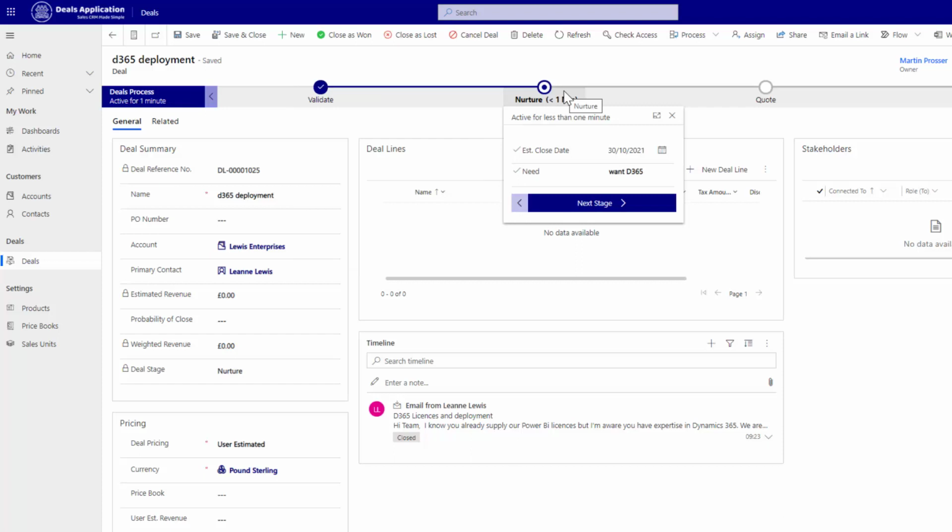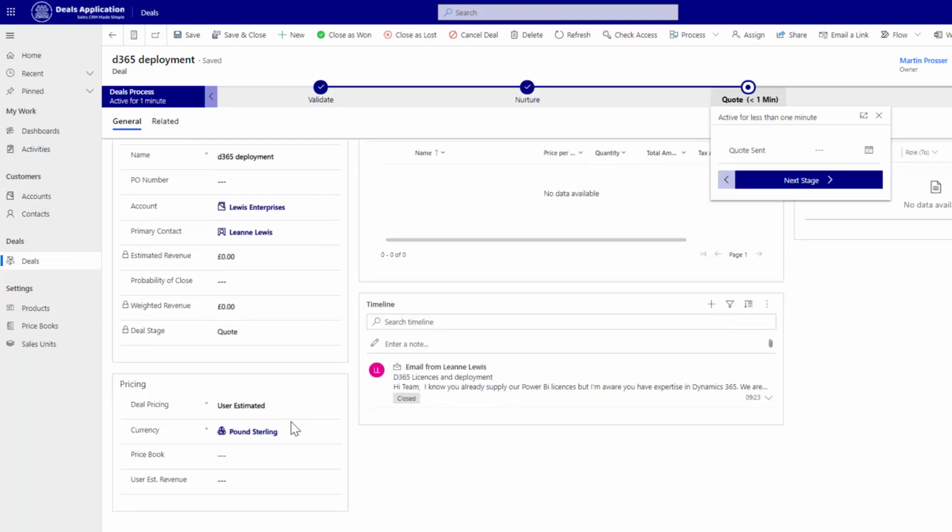I can move to the next stage. You can see the deal stage now is on nurture. So these are going to feed those charts that we were just looking at. The close date I've filled in already, the needs. So I move to the next stage. You can then see in here,